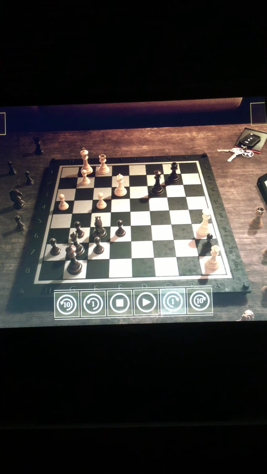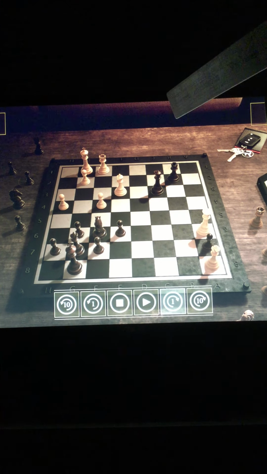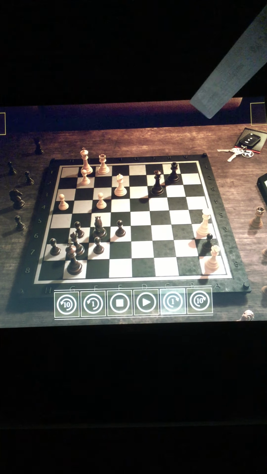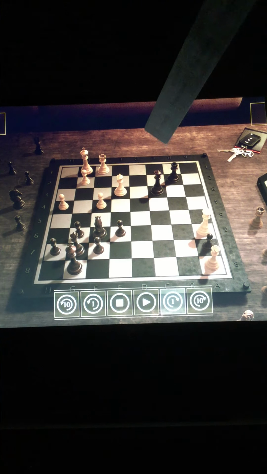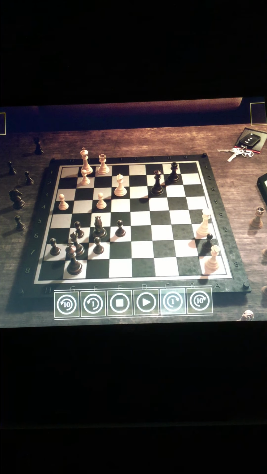So the exchange that happened was he captured my rook and I captured his knight. Exchange wise and material wise, he's up in material. But if you just look at my position, my position is so much better. I have my rook on b2 now, and it's got pretty much control of that whole second rank. And my queen is on c3, which is in a very dangerous position